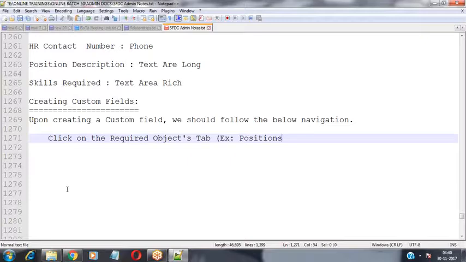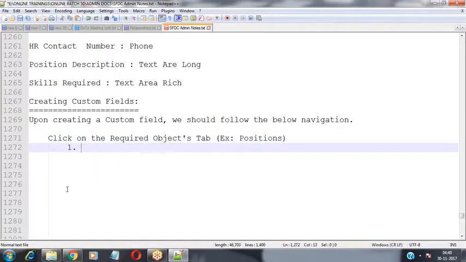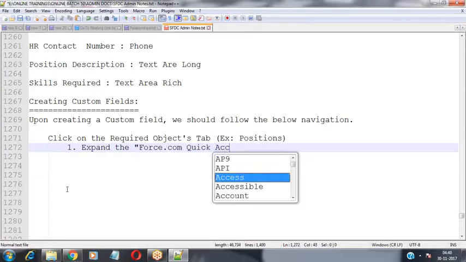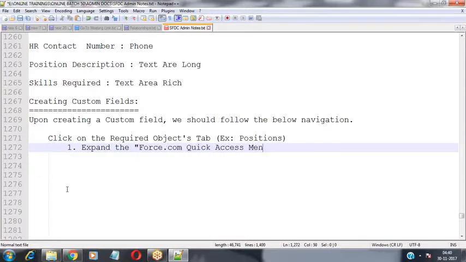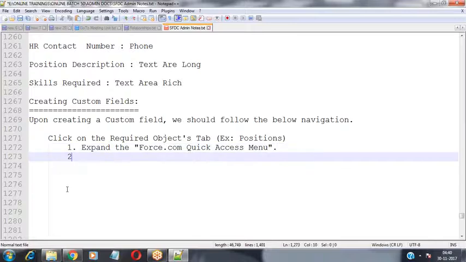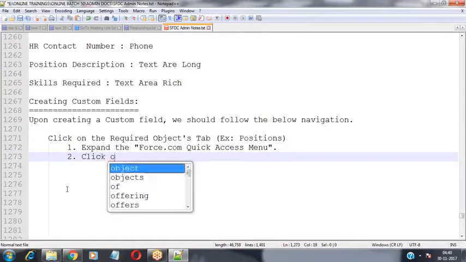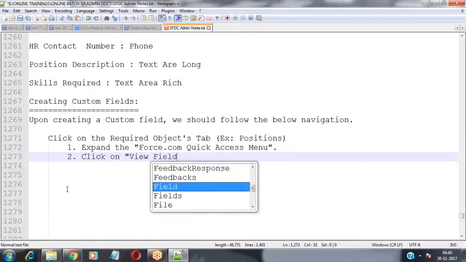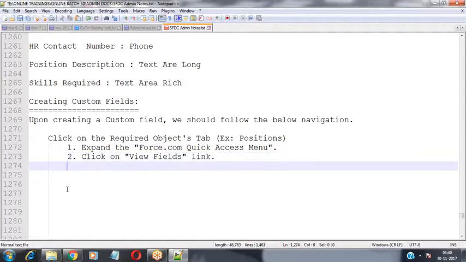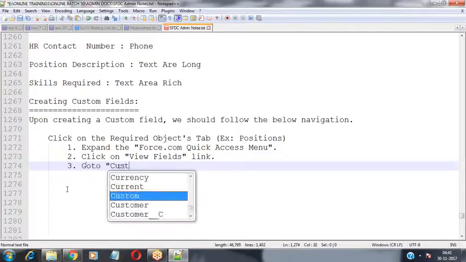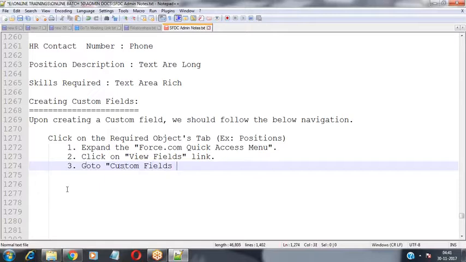The position object tab name is Positions. And then expand the force.com quick access menu. And then click on the view fields link. Click on the view fields link. And go to the custom fields and relationships section.